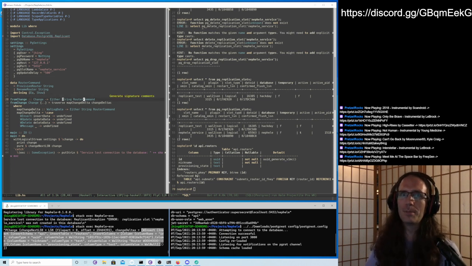So I was thinking about this a little bit last week, and we don't really need to map the list of changes to our router command. We can't pattern match on all the possible lists of transactions that can happen.